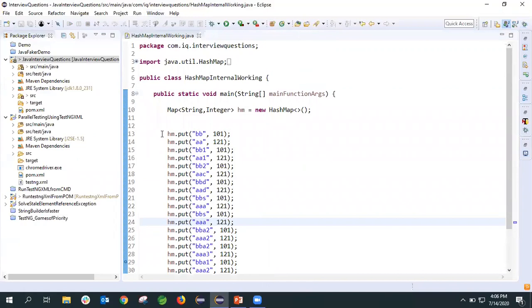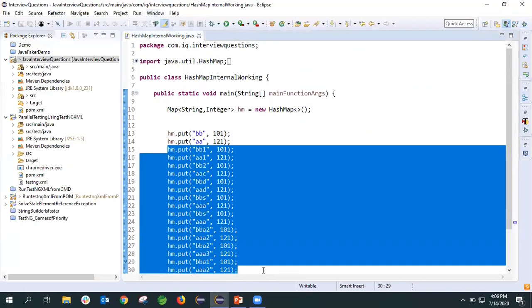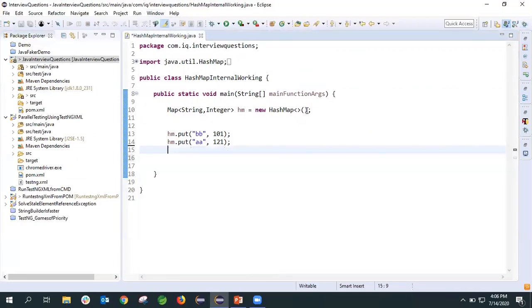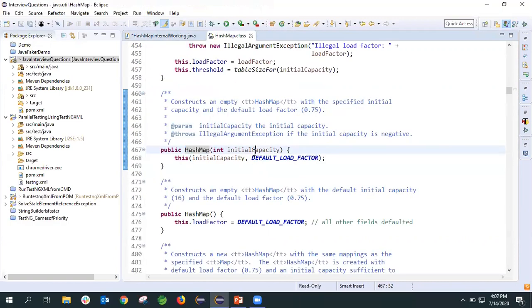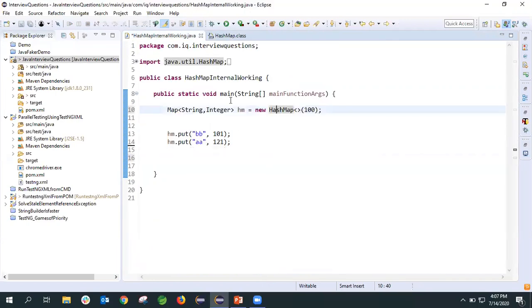Assume I'm entering 100. It has a constructor to initialize the initial capacity. Okay, let's execute this. We'll debug.